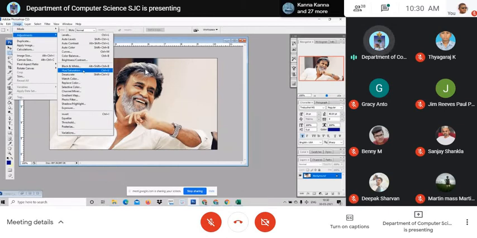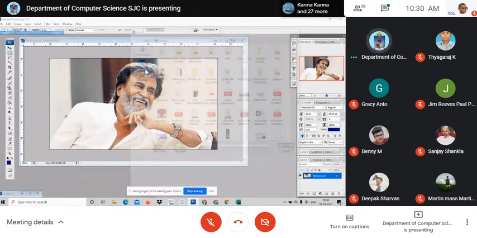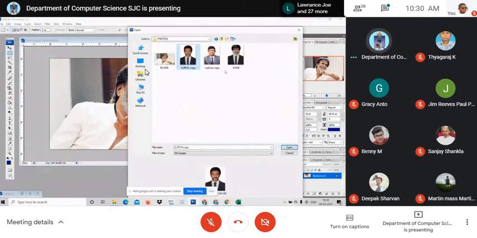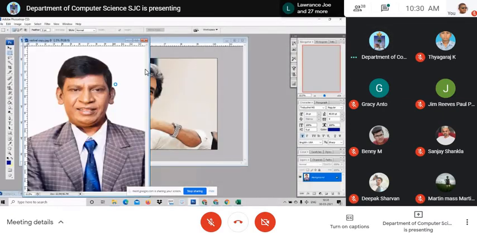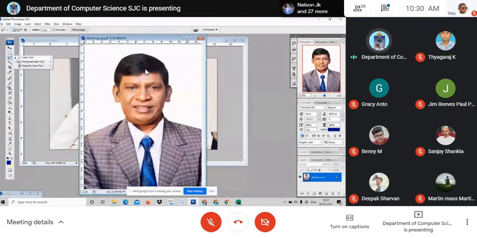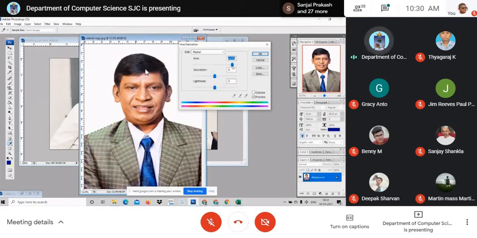For example, you can select the shirt color alone. For example, I just choose this picture, the coat. Vadivelu coat. I'm going to choose. See, I've chosen the coat alone. I go to image, adjustments, hue saturation. See here. See the color of the coat. Earlier, the color of the coat was something different. See, I can adjust the saturation. I can increase or decrease and saturate it.